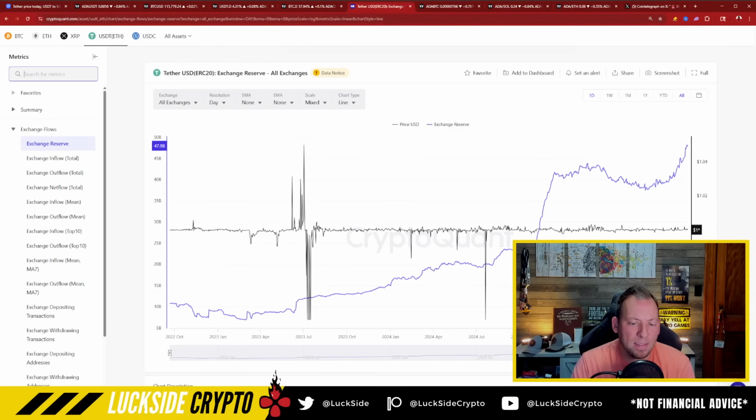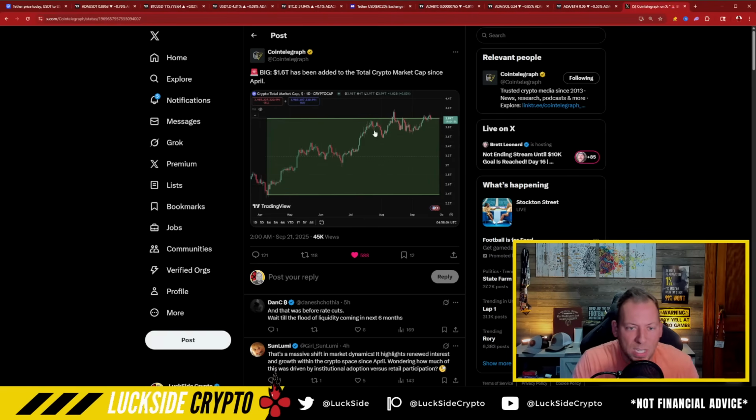Since that time, the amount of USDT on exchanges has actually tripled. That is a big, big deal. In fact, over the last 2 months alone, we have seen the amount of stable coins on exchanges surge by 20%. So there's been a lot of capital positioning itself to buy in the market, but also a lot of capital that has been buying. In fact, what we've seen since April alone is a $1.6 trillion surge in the total market cap of crypto. So there's a lot of capital positioning itself right now.